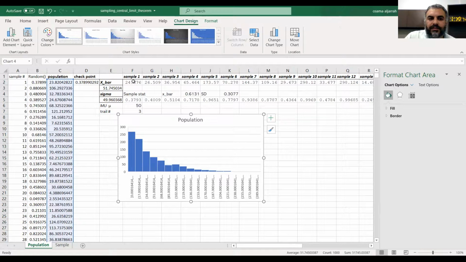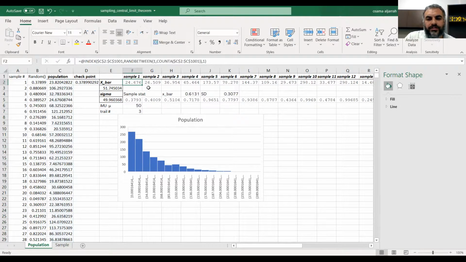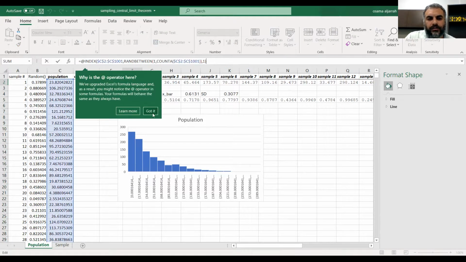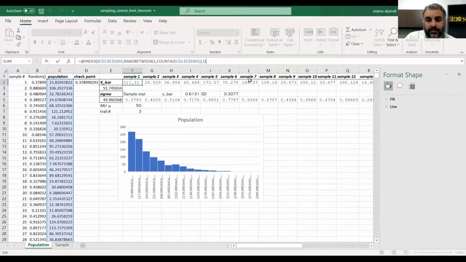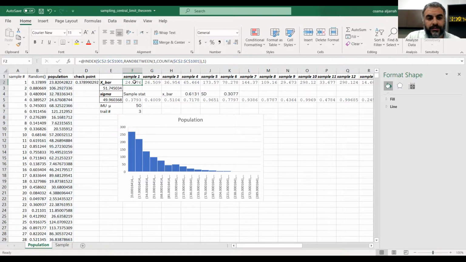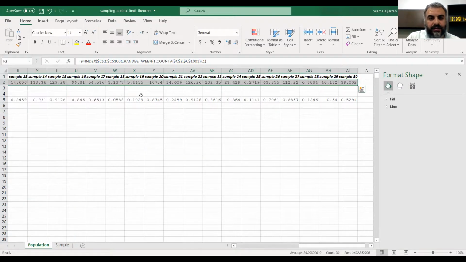Now use this same information. So this will collect a random sampling from here, which uses a very complicated formula. I don't want you to memorize it. Just use it, for example, in anything you want, maybe in the future. So this will just select a random sample from this population. So just highlight the sample over here